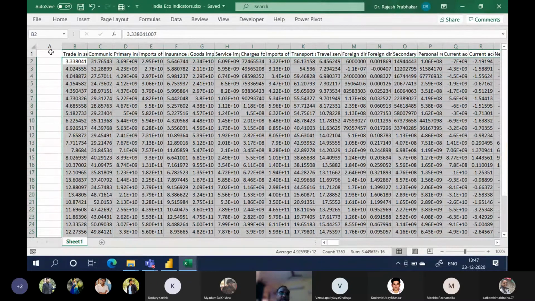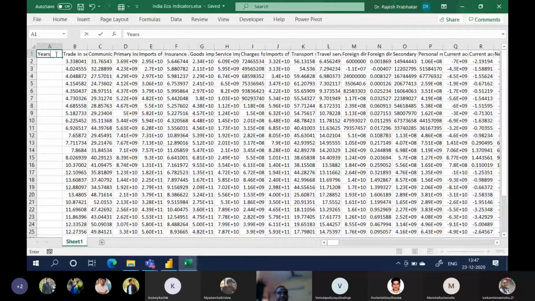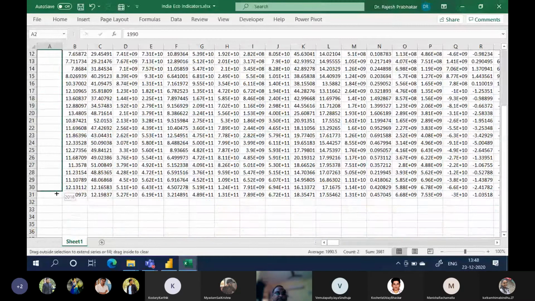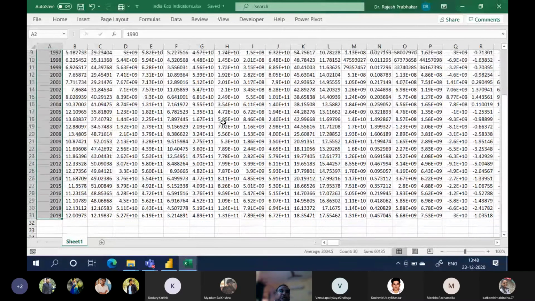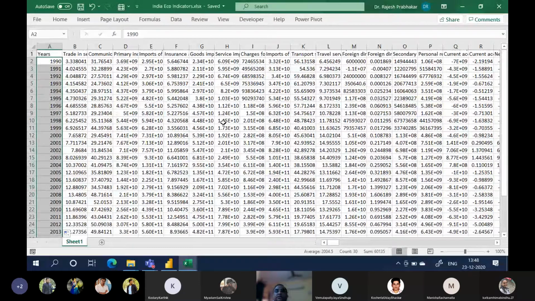Then you manually add the year column: 1990, 1991, and then select two values, green dot, black plus sign, drag it till 2019. So this is the best way of getting our data of all the economic variables.